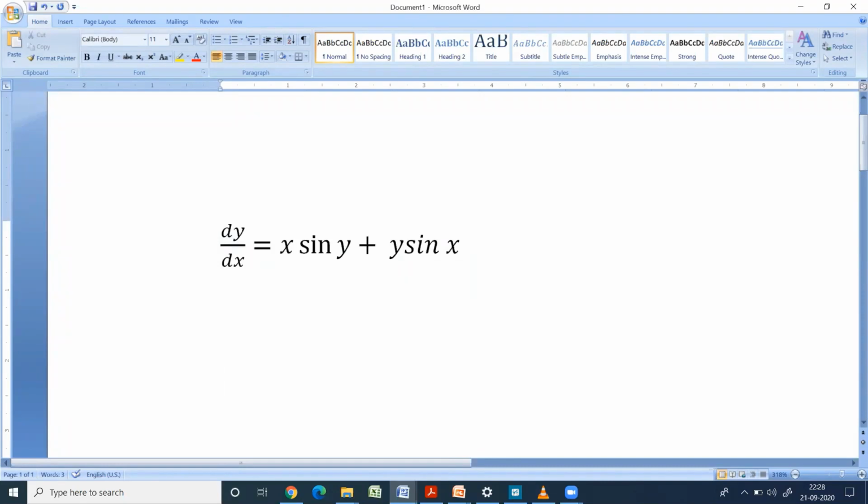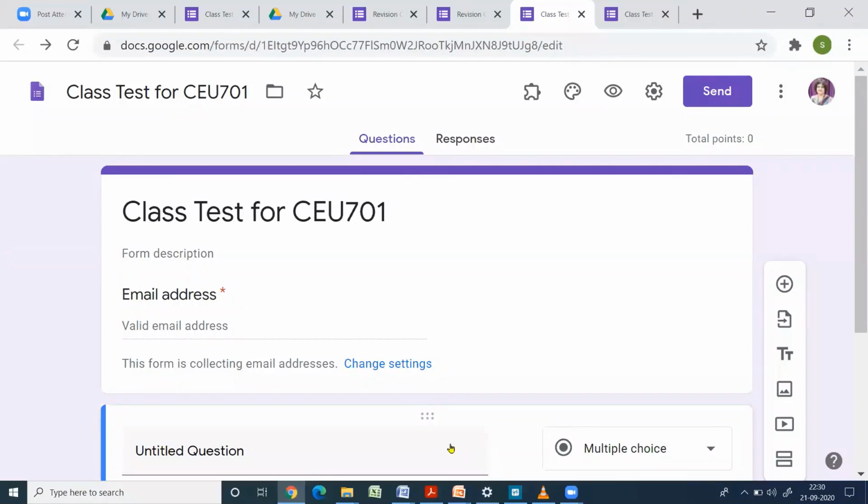So here we will be using an add-on called Hypatia. I prefer Hypatia because it is free, and another important reason is writing equations in Hypatia is very similar to MS Word, and most of us are familiar with MS Word equations. So now let us see how to install this Hypatia.